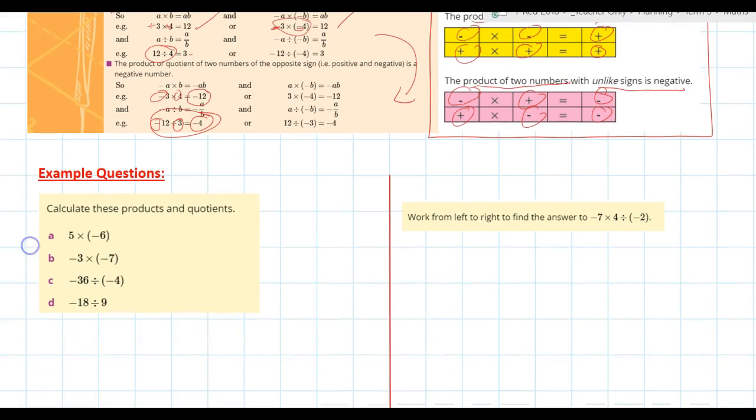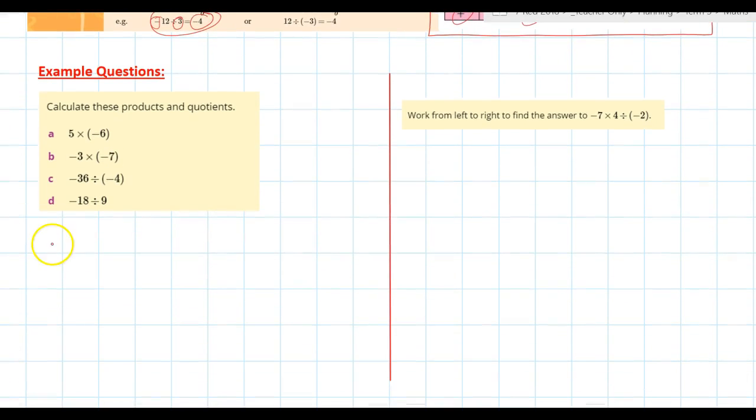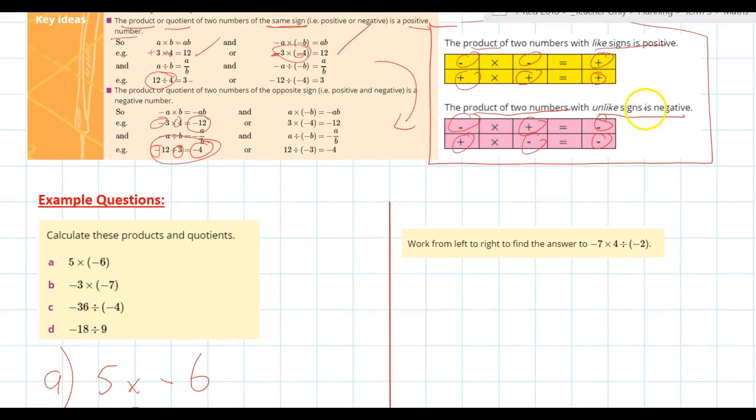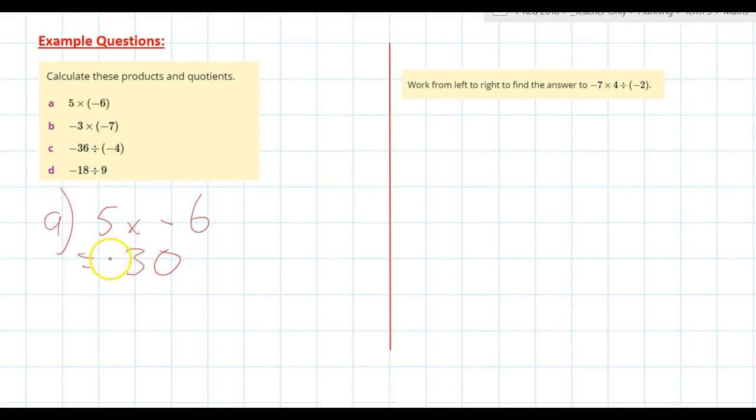Let's see what that looks like in action, and we'll do these example questions here, and I'll get you to copy these down in your book. We have 5 times negative 6. The best way to do it is simply to do the sum and then work out whether it's a positive or negative at the end. I know that 5 times 6 is 30. Now I can go back and realize that this is a positive and a negative. Unlike terms means that it's going to be negative,